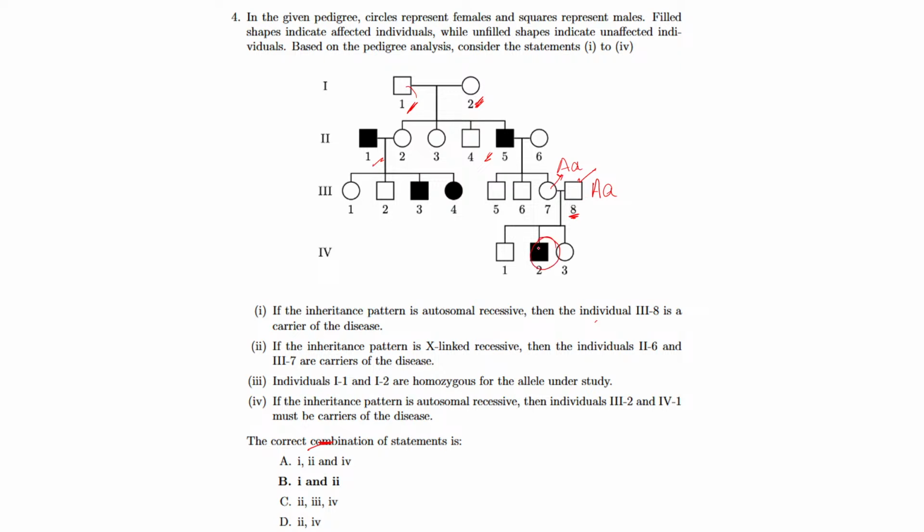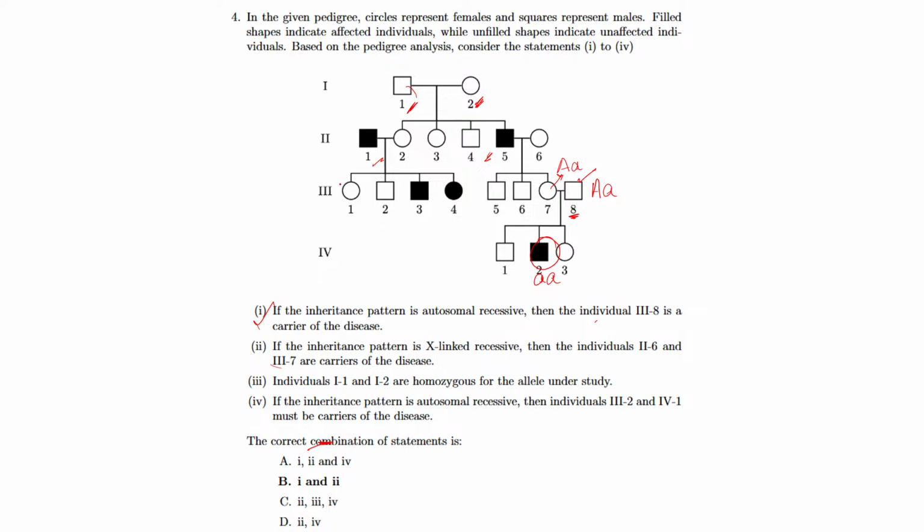Then only this progeny will be affected. There is a probability that this progeny will be affected. So this option is correct. The second option says that if the inheritance pattern is X-linked recessive, then individuals 2-6 and 3-7